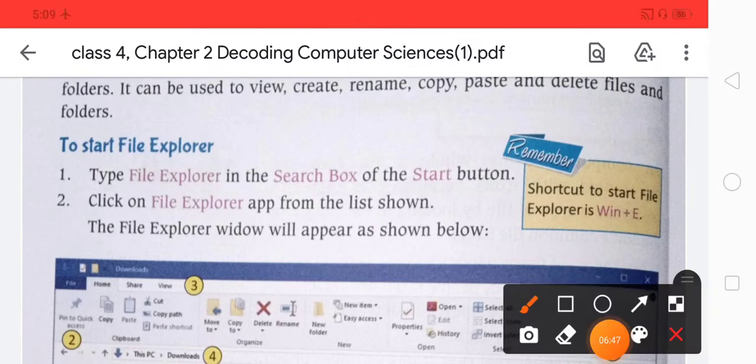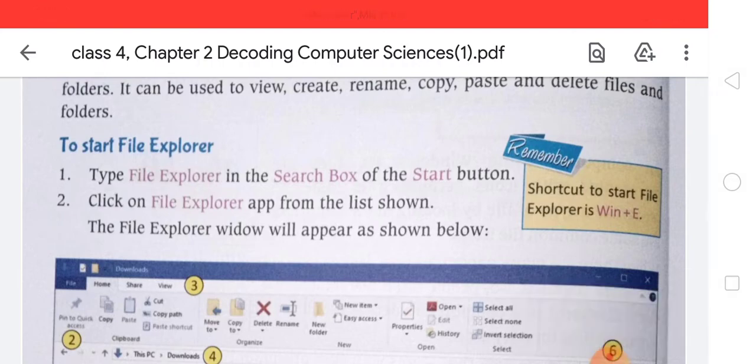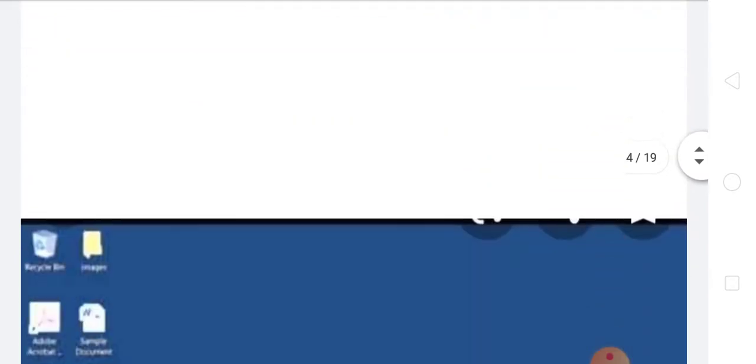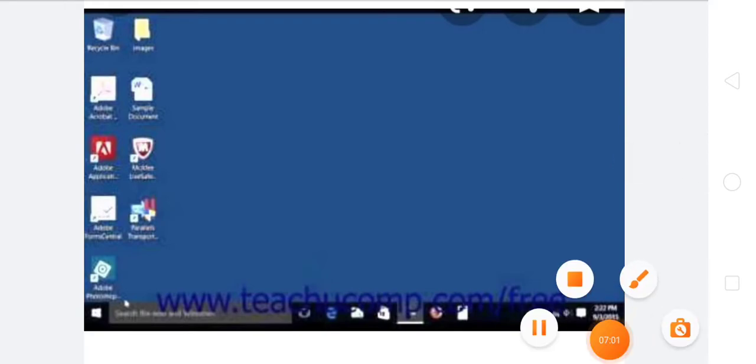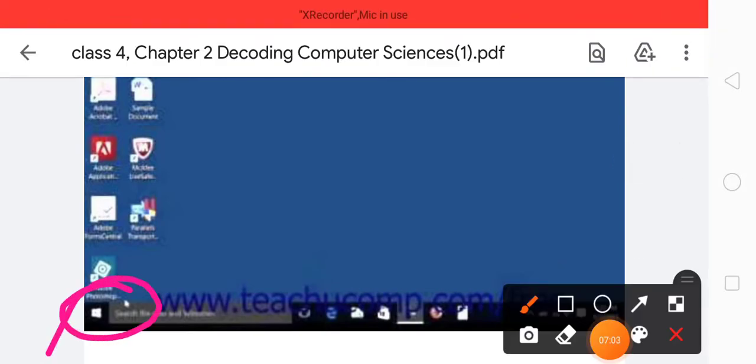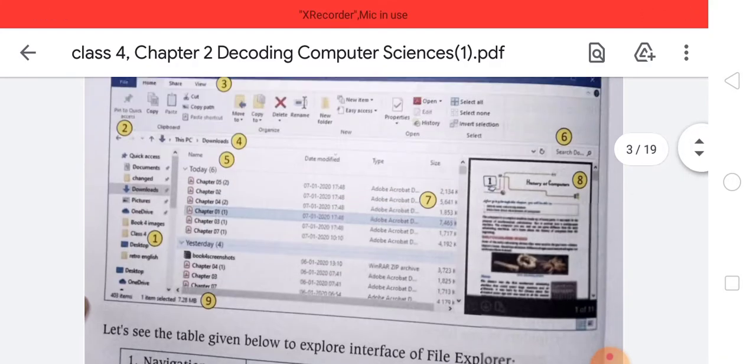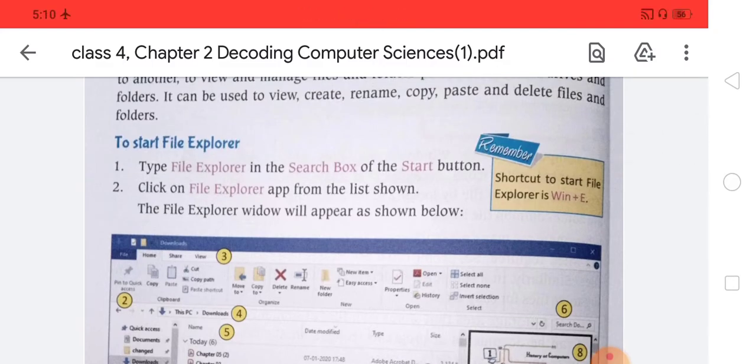So you have to first type file explorer in the search box of the start button. I want to show something. This one is the image of your desktop screen and this one is the start button. Here you have to click that button first, and after that the file explorer that is in the search box is coming, and click on the file explorer app from the list shown, and the file explorer window will appear as shown below. Okay,